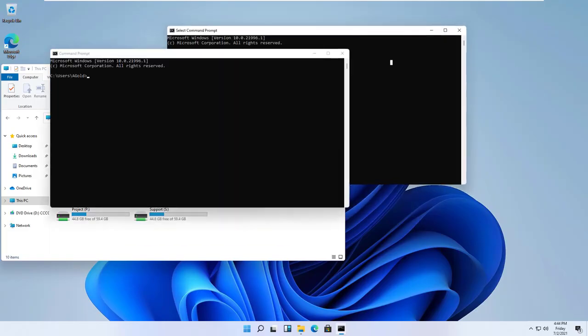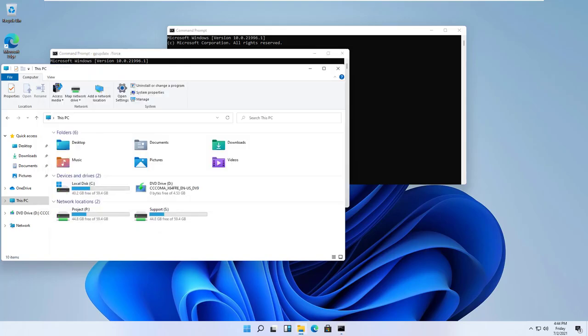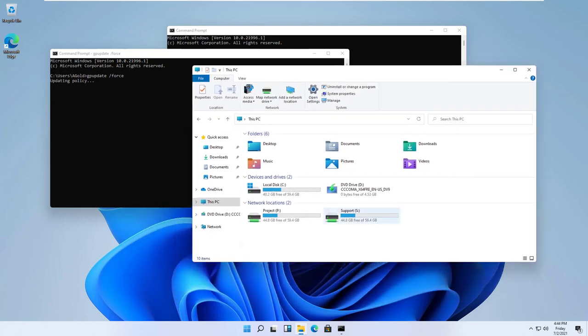I need to GP update force. Let's see. The folder will appear. Just a moment.